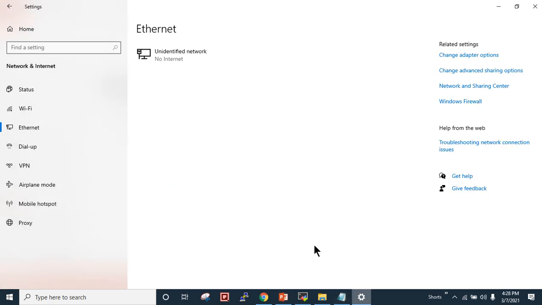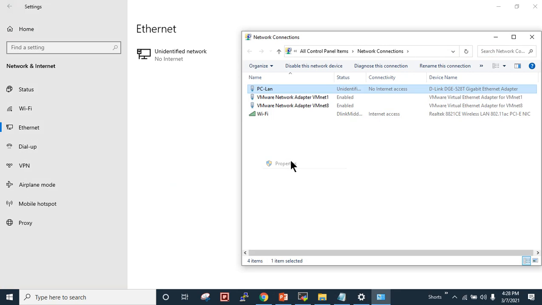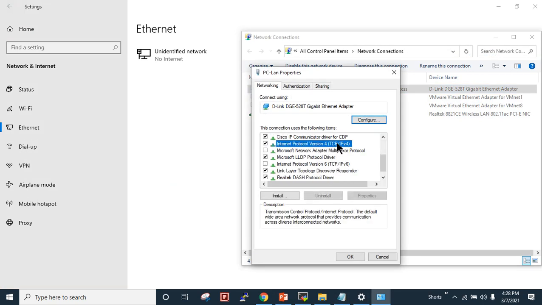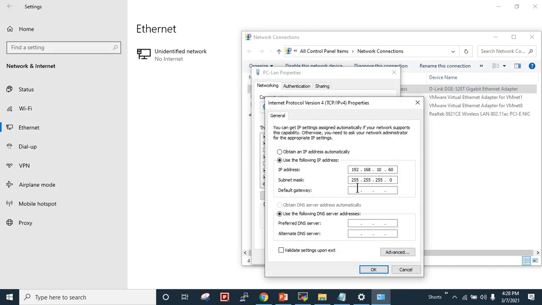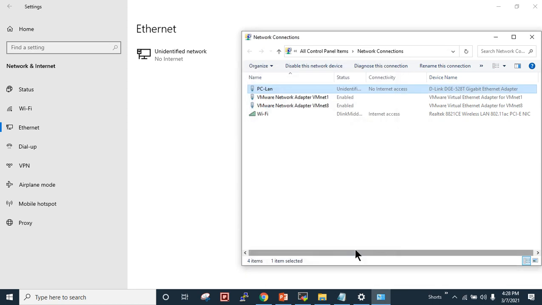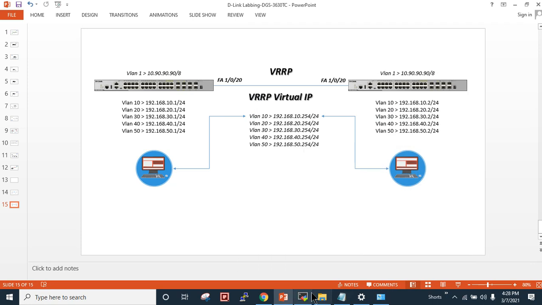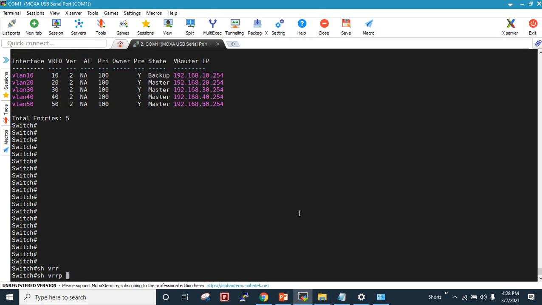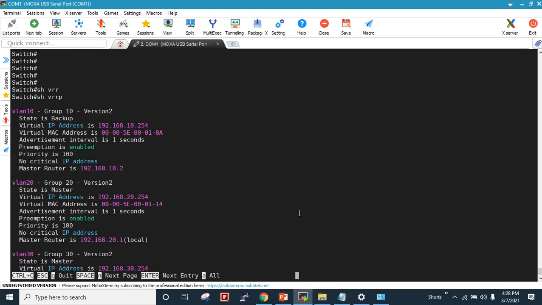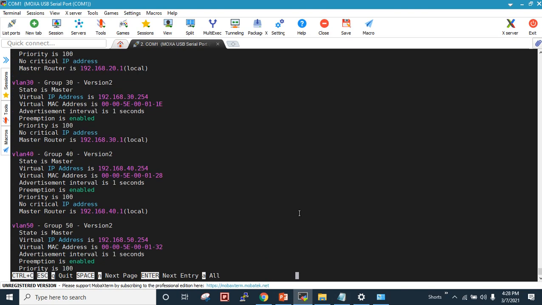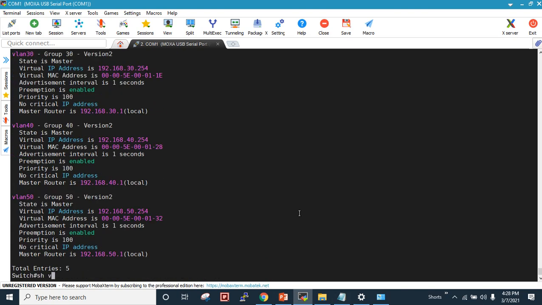So let's check VRRP, and I will assign the IP address. As you can see, 10.64. So I will just make it 192.168.10.254. Okay, yes, as you can see, it's detected as a gateway. Okay, show VRRP. Okay, and show VRRP